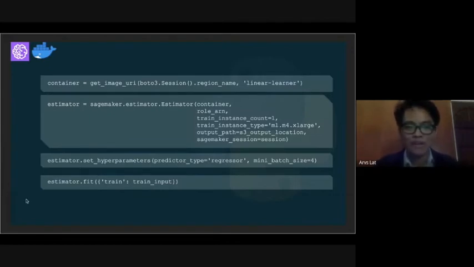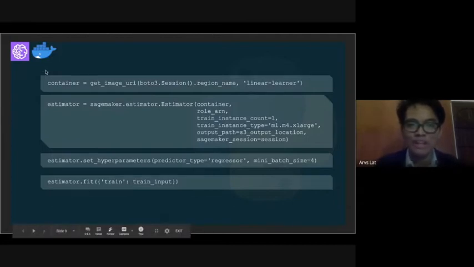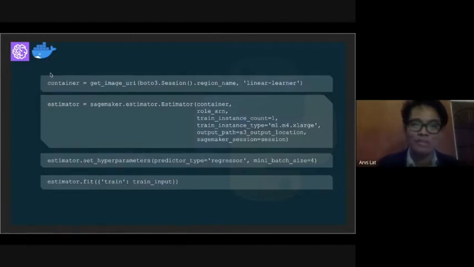And then, similar to the other machine learning tools and frameworks, you have the fit function or fit method, where the parameter is the training input. So I removed the train input line there, but basically it's just the S3 location, basically the location of your training data. Yeah, so as you can see here, you have these 4 lines abstracting a lot of things that you need to worry about, because these are 4 of the primary steps when dealing with machine learning experiments. And when you have abstracted a lot of parts, it means that you can handle more complexity, because there are different layers of